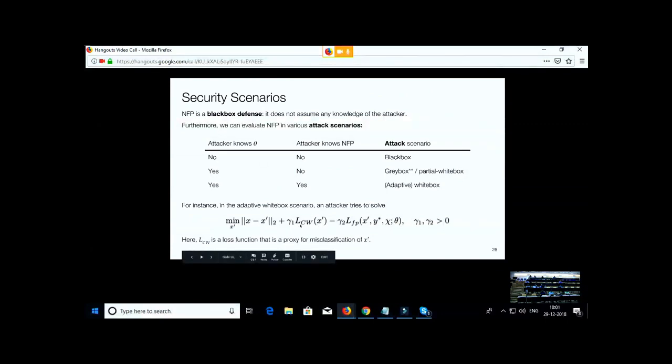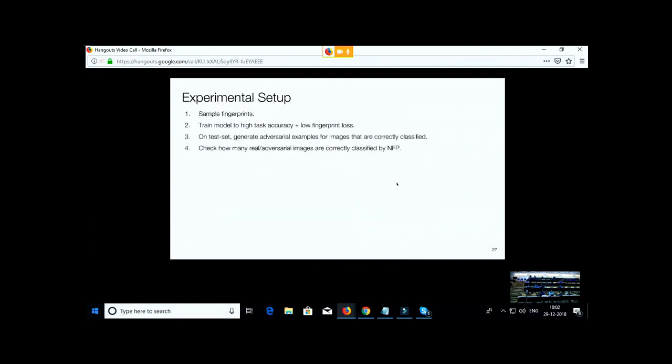The attacker has to maximize my classification loss, let's say, but he also has to make sure that it passes our detection mechanism. And for that, it needs to make sure that this fingerprint loss is actually very small. And I realize this minus sign should be a plus sign here, so I apologize for that. But gamma 2 is negative, but I hope that I made clear what we want. We want this LFP to be small and this LCW to be big, let's say.